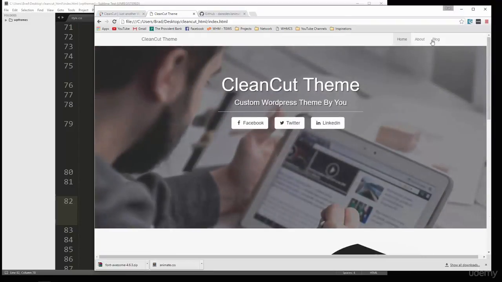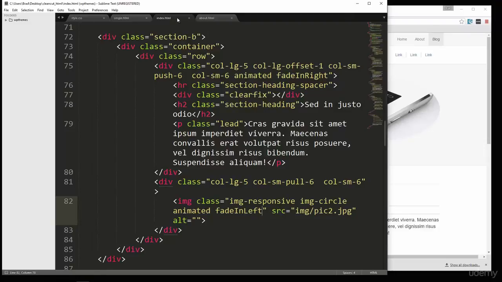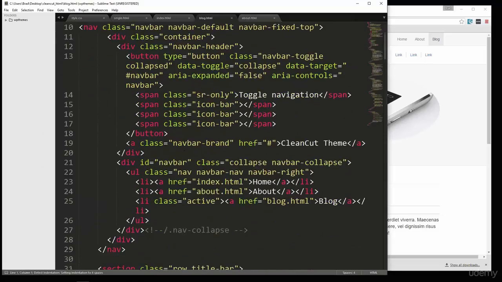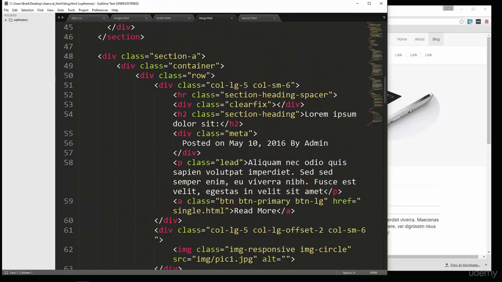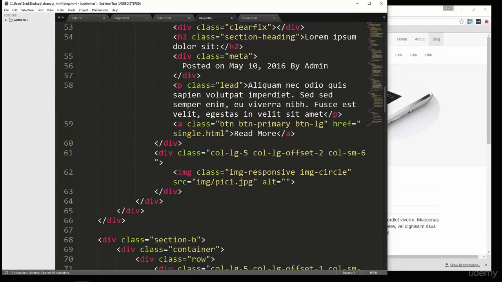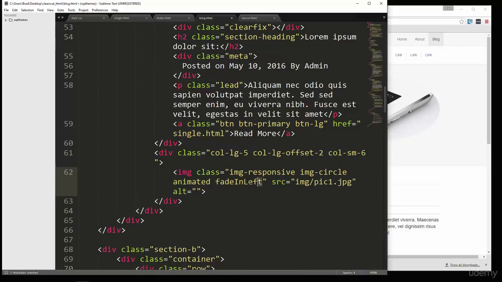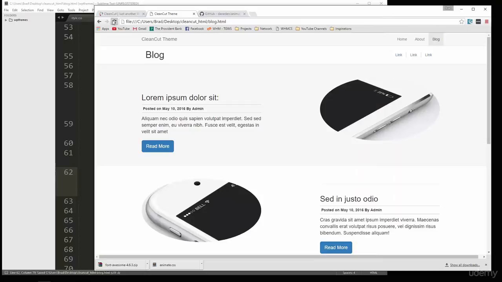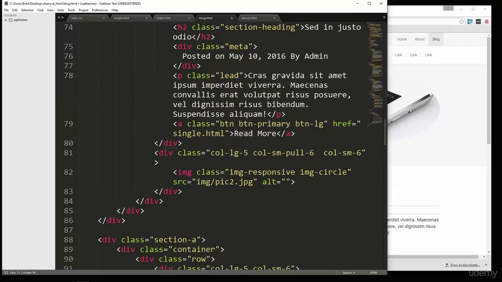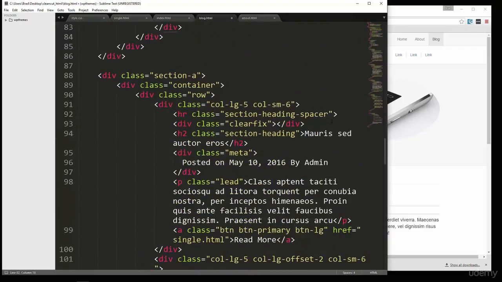Alright, so we want the same thing on the blog page. So let's go to blog HTML. Okay, we'll add those classes. Section A, fade in left. I'm just going to copy that. This one will be fade in right at the top, and then this one will be fade in left. Okay, and then this last one,